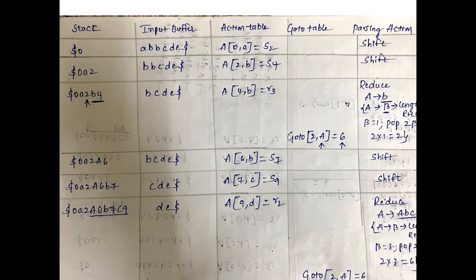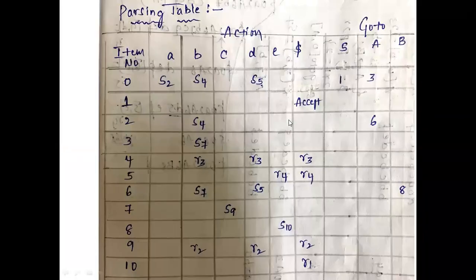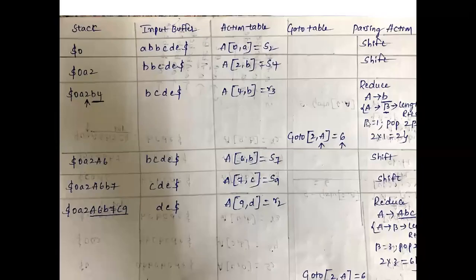After popping only, we need to write the goto. First, we need to complete this popping action, then only we write the goto. Here 2 into 3 is 6. After popping these 6 symbols from the stack, what is on the top of the stack now? 2, right? Then goto of 2 comma A, where A is the same in both the syntax and the production rule. That's why I'm taking 2 comma A. Checking the goto column, goto of 2 comma A is 6, and we take it as 6, right?